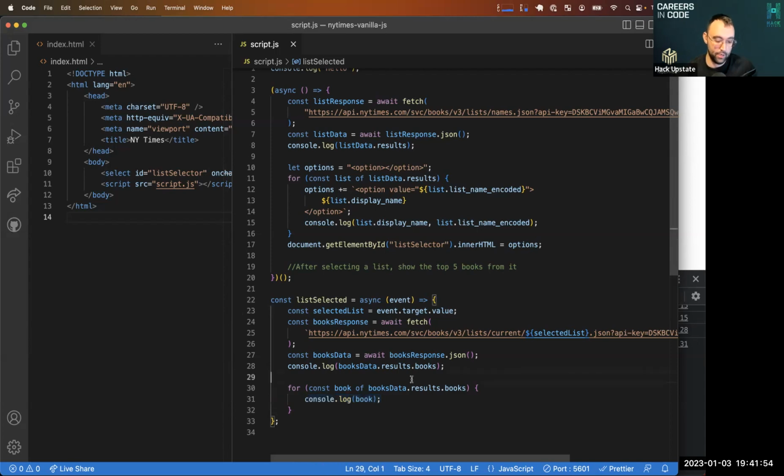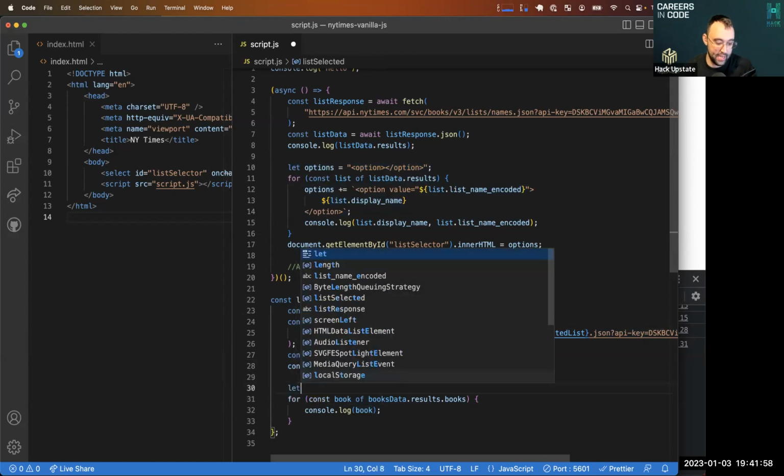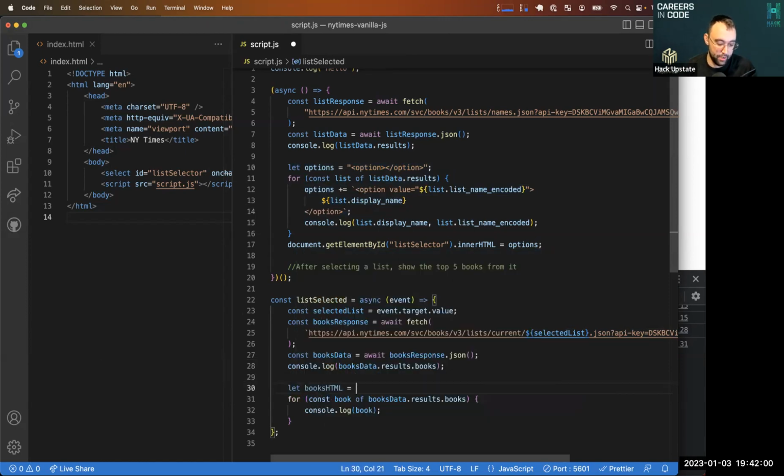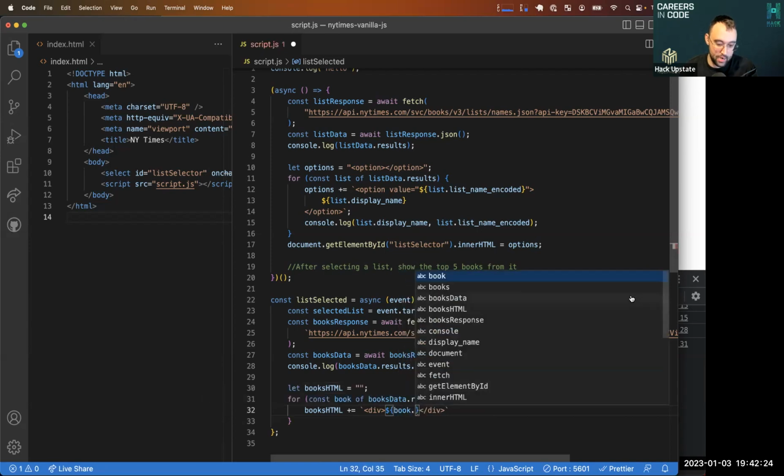Okay, so we're going to do the same thing that we did up here, except now we're going to say let booksHTML equal an empty string. And every time we go over a book, we're going to go to the booksHTML and add to it a new div. And inside that div, we're going to include the book dot,